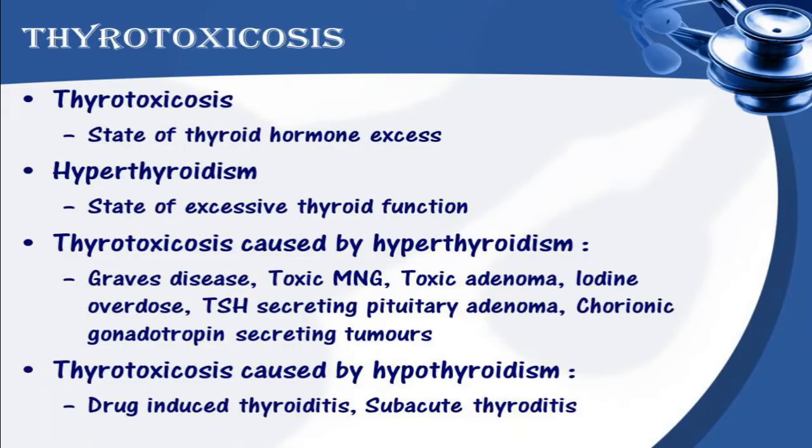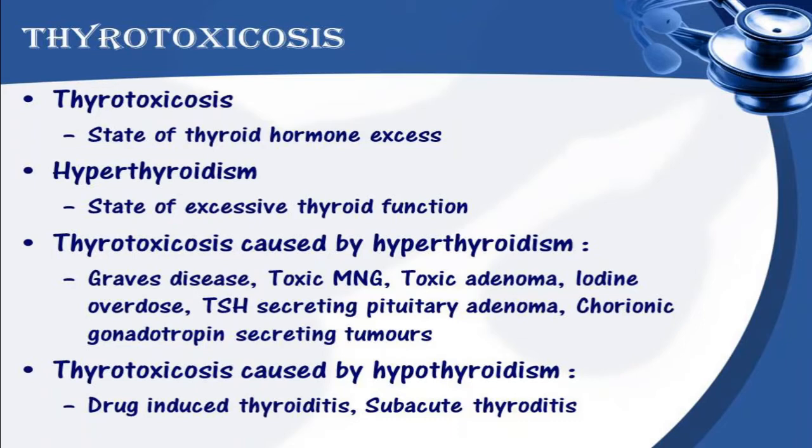And thyrotoxicosis is a state of thyroid hormone excess. So it's also a condition of hyperthyroidism, where the basic difference between thyrotoxicosis and hyperthyroidism is that hyperthyroidism is a state of excessive thyroid function, whereas thyrotoxicosis is a case of excessive thyroid hormone concentration. So thyrotoxicosis can also be caused by hyperthyroidism due to Graves' disease, toxic multinodular goiter, toxic adenoma, iodine overdose,